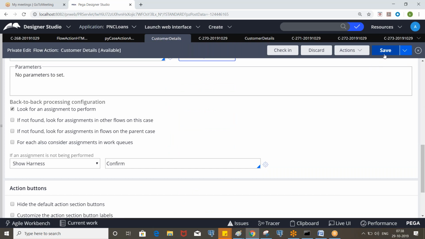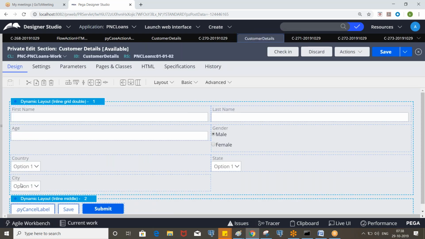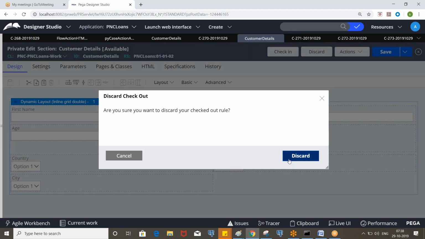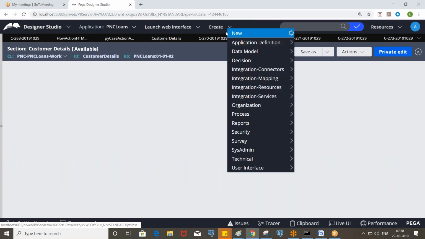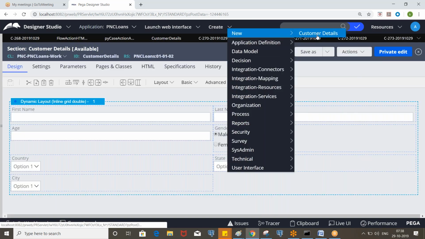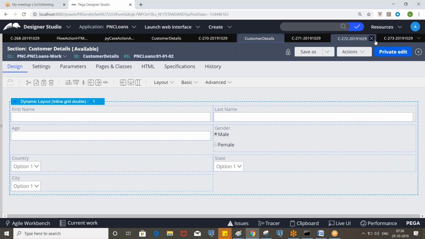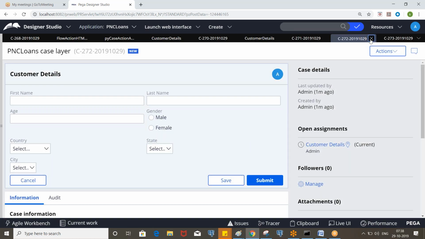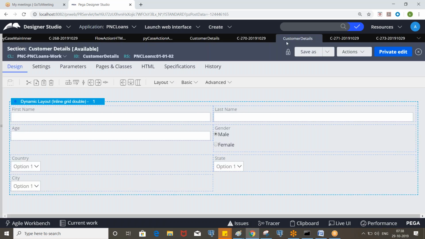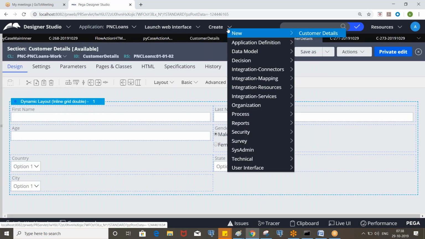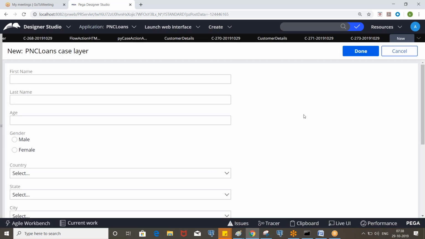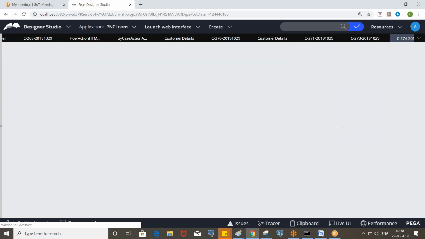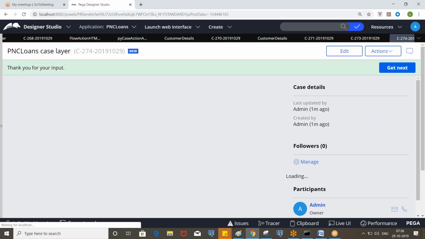And let's remove this. Now you don't see that. Okay, so when you execute a flow, you will see out of the box buttons. So you just need to know that if you want to disable the out of the box buttons, we need to enable the option. So we need to select the option in the flow action so that you can ignore out of the box buttons. Okay, so now when you click on submit, it will be completed.